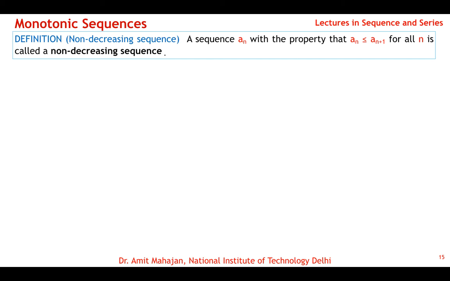Okay. The second important definition is monotonic sequences. When we say monotonic, that means non-decreasing sequences or non-increasing sequences. So the first definition is the non-decreasing sequence. A sequence an with the property that